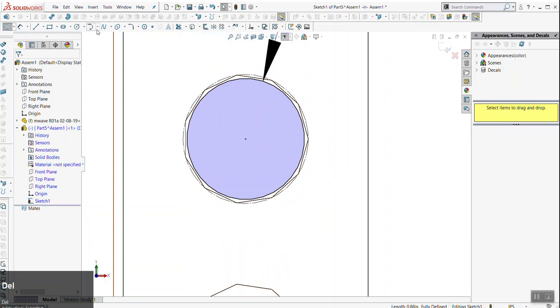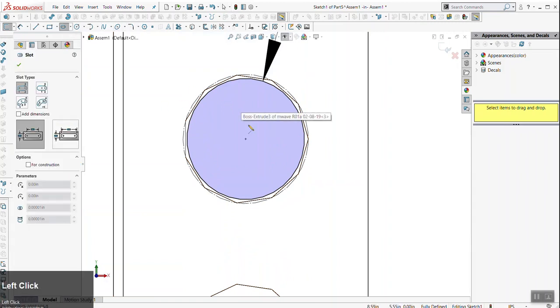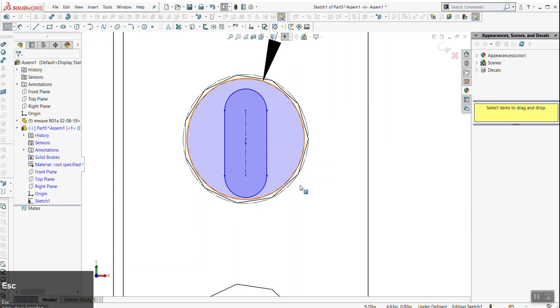So here, it's up here, it's called straight slot. For now, it doesn't matter where you click. If you want, you can click in line with the center of your two circles. Maybe that's a good thing to do. Go vertically, and then drag away. It doesn't matter quite how far you drag away because we're going to define this. So if everyone has a slot now,